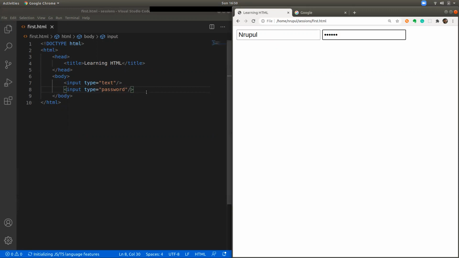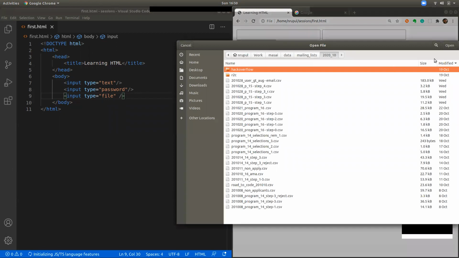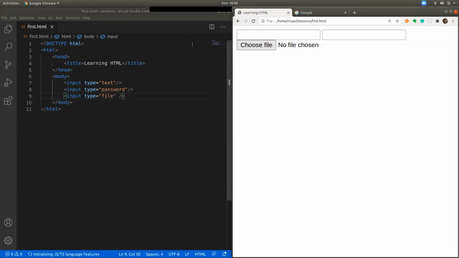In the same way, if you want to take a file from the user, you can use the type as file. As soon as you put it as file, you can see it shows the file browser to select the files. And there are other kinds of things you can use.